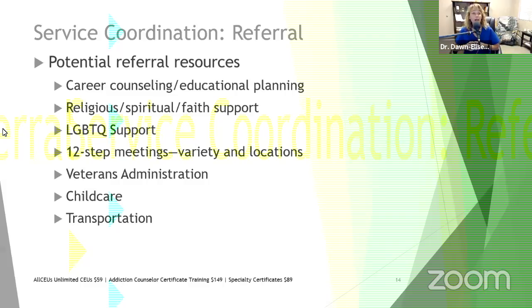You need to be aware of childcare resources, not only for parents to have their kids in childcare after school while they're working, but what resources are there so the parent doesn't have to bring the child to their counseling appointments or their doctor's appointments or whatever. And we also need to know what transportation options are out there to help people get to their appointments. Is there a Medicare van? Again, some churches will do transportation, especially for homebound elderly, that type of thing, to help them get to their doctor's appointments. So know what services can be provided in your community.